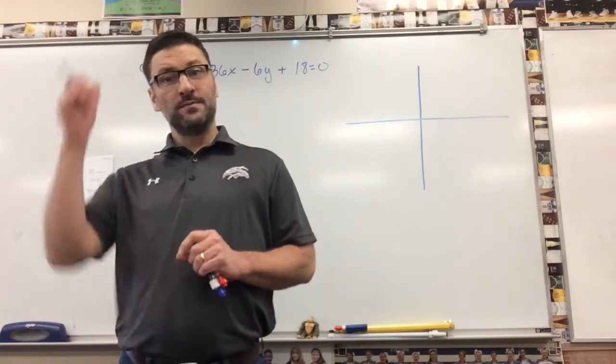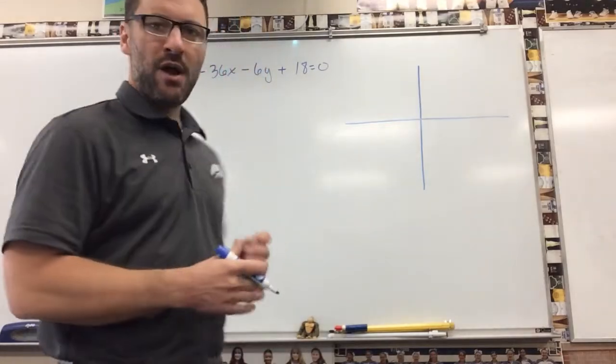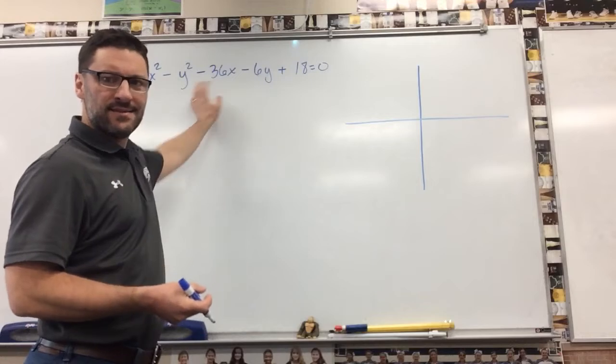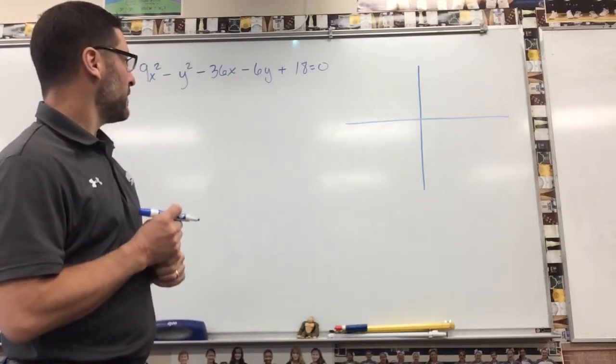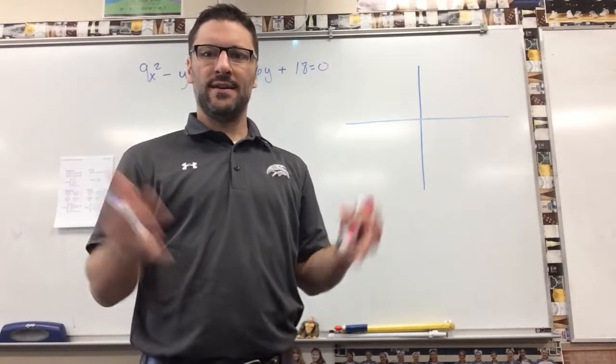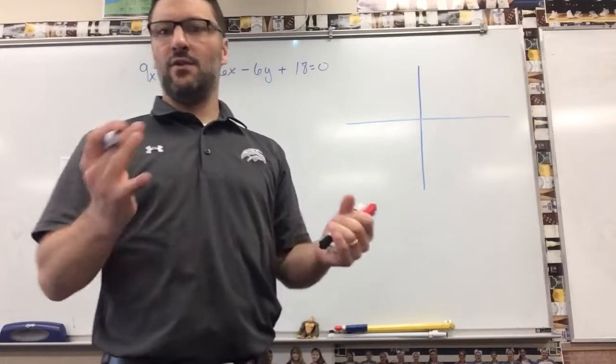Okay, we're on to part two. In part two, I'm going to do a complete hyperbola problem where we go from the form of the equation that looks like this, a big long polynomial with x's and y's. We complete the square, we get it down to what's called standard form. Then I'm also going to graph it, and we'll see what that looks like, and hopefully it matches up with